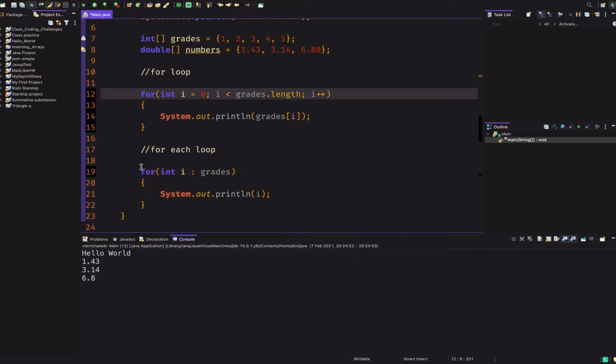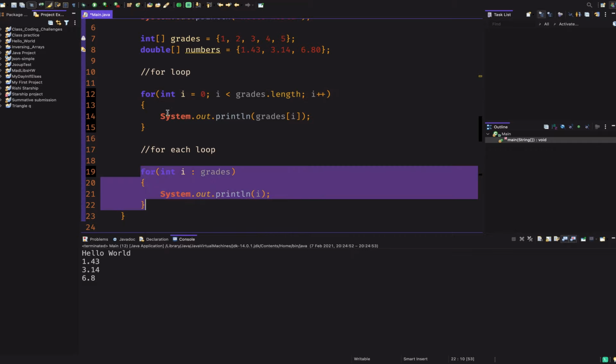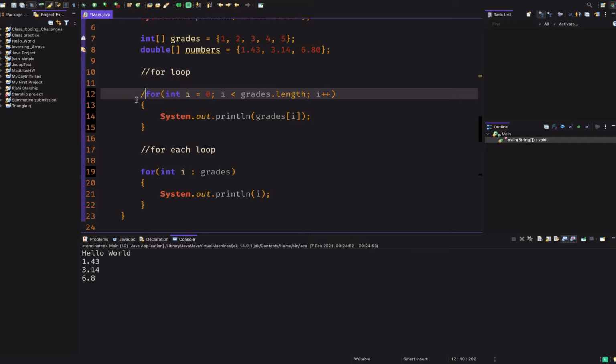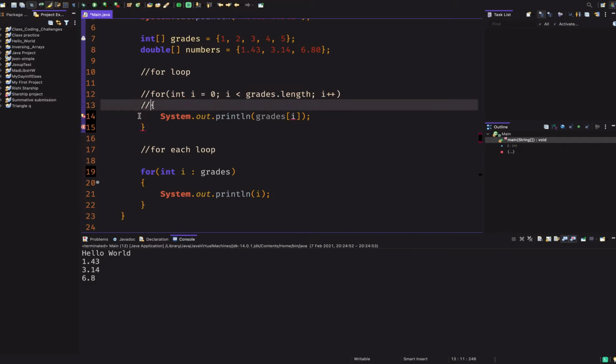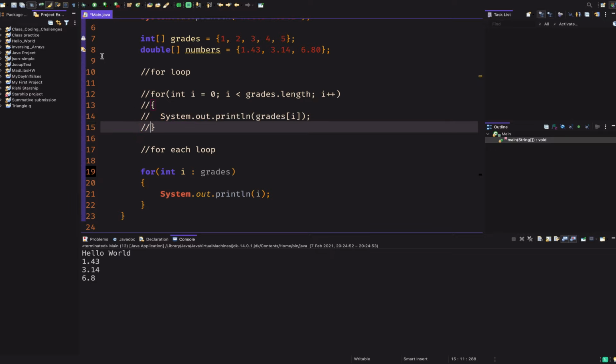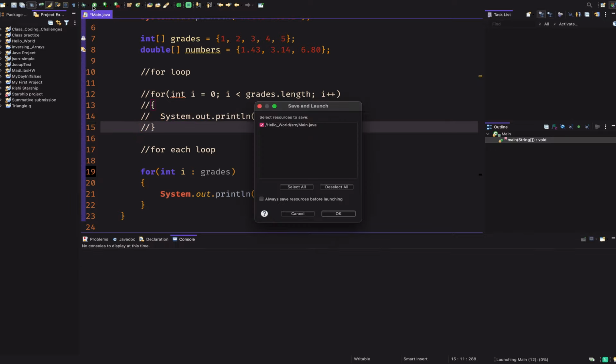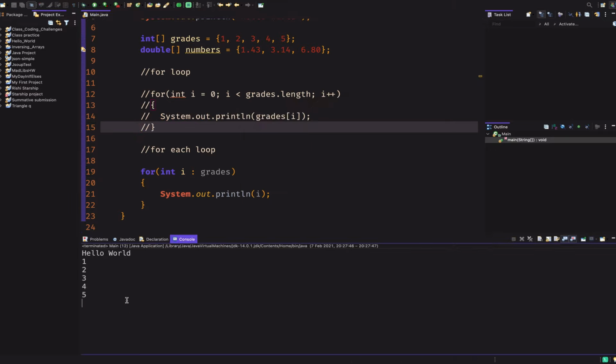The nice thing is that here it automatically prints out the entire array, and for simplicity's sake I'll comment this out so that we do not get its output unnecessarily, and we should see hello world and the array. As said, we see hello world and the array.